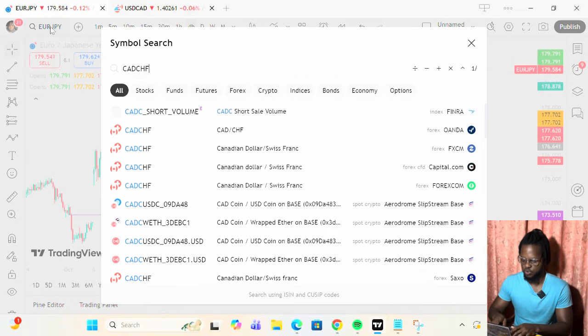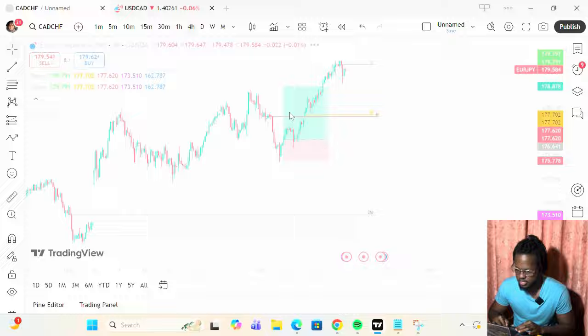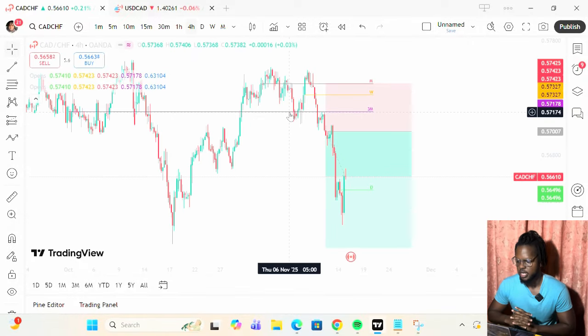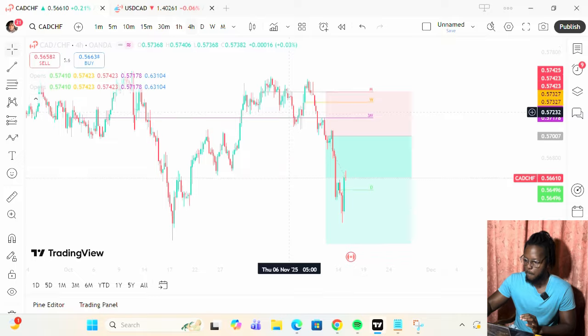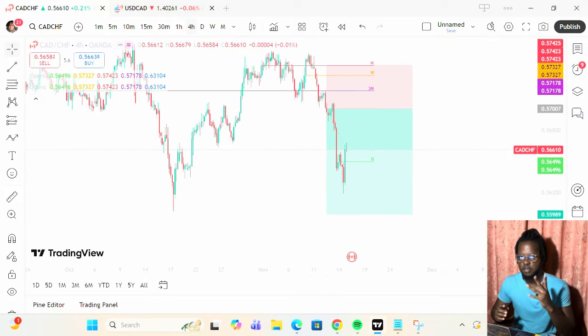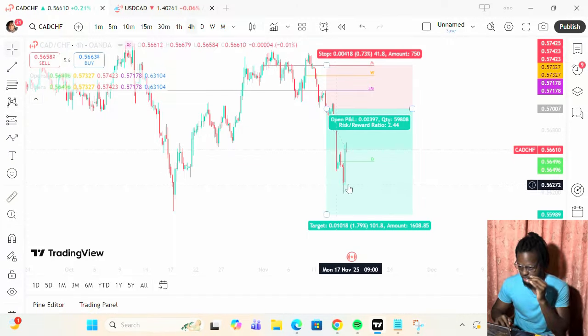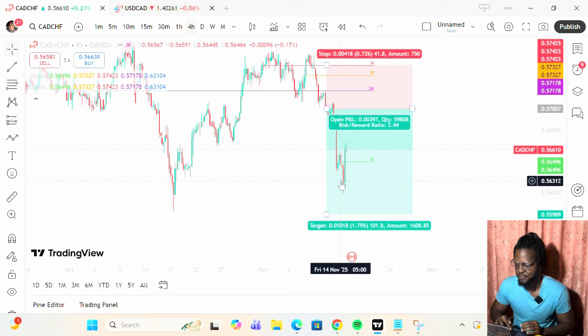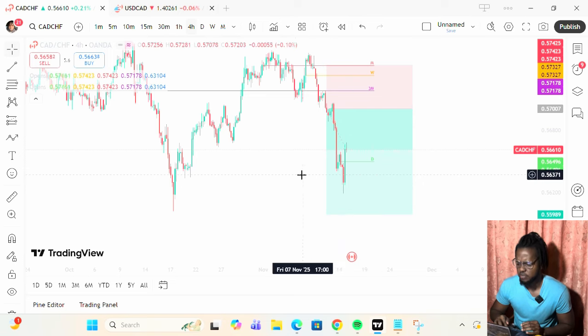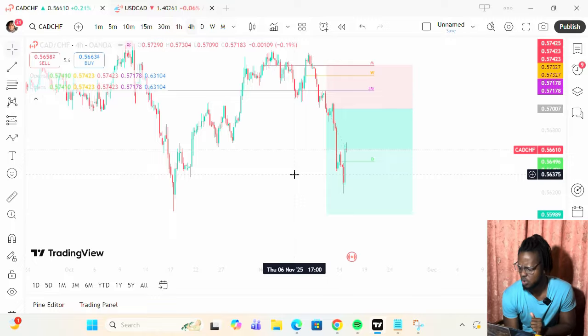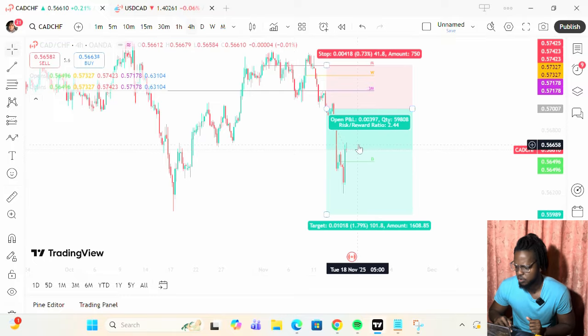Now, let's go to the Swiss franc. This is one of the trades I'm actually in as well. I entered this on the copy trading, so my copy traders, I already closed it at around here, so y'all are good. We had the news of the government shutdown ending, which just made the Swiss franc really weak for the moment. I think this is just a pullback, man. I don't think this is anything serious.